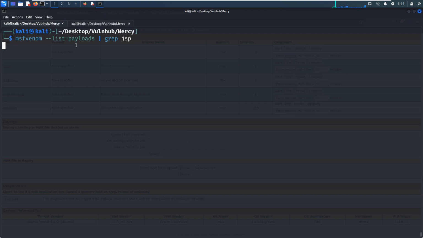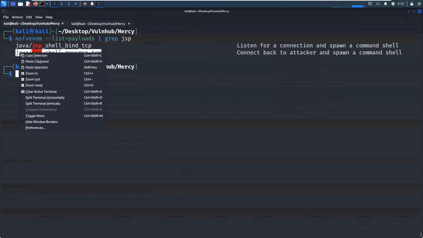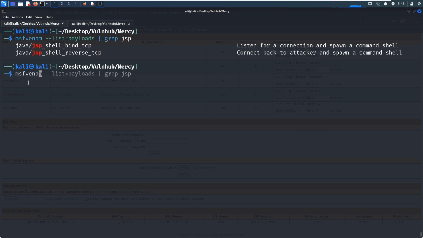We can use this command to retrieve any module which has connection to the JSP, because JSP is the type of payload we want to create. Okay, this one, reverse. We can copy and msfvenom. And of course, we need to do some changes. Okay, so now I think we can press enter. Yeah, the format would be the .war file, okay?